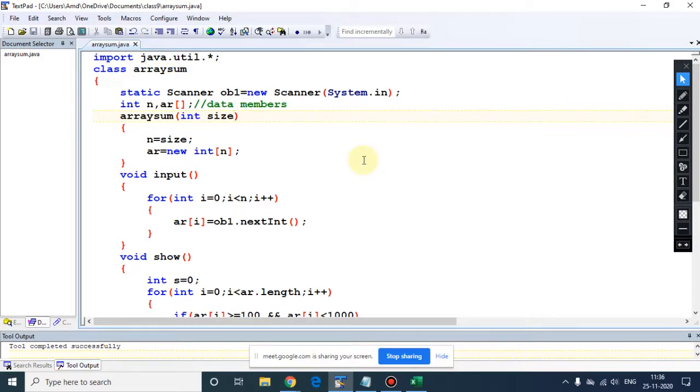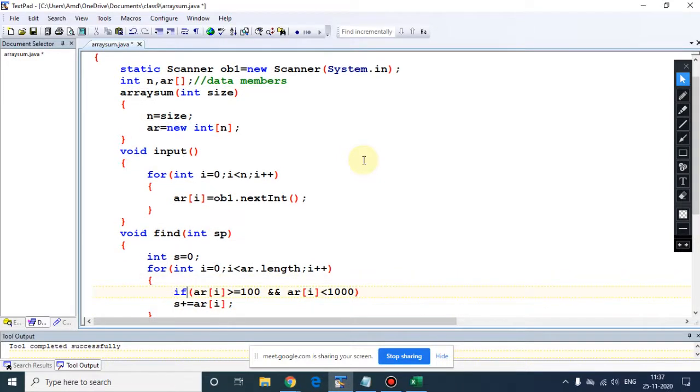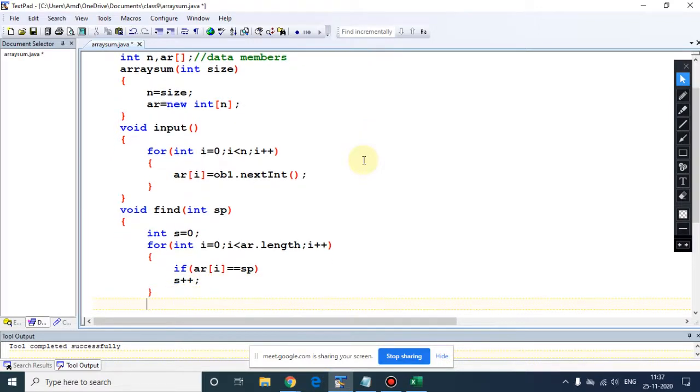Okay. So now see, as I have passed only the size in the previous question also, again I am using two data members. One is for size and one is for this, right? Not for the search element. The search element I will pass from the main. See here. The same thing I have done. Inputted the array. Now here I am using this and now passing the search element. This is also a way to do the program.